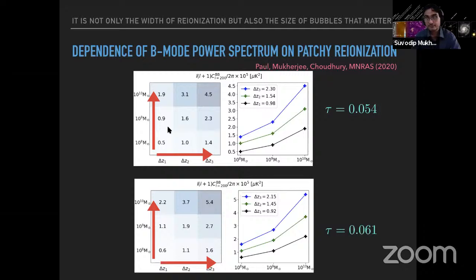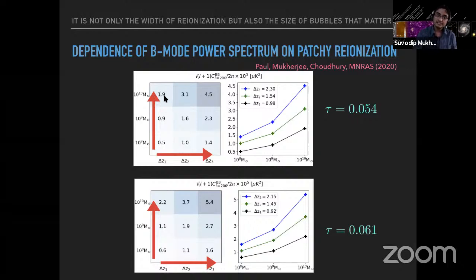Again, the trend is very similar to kSZ. As you increase the delta z parameter, the amount of power in the C_l^BB increases. And also, as the minimum halo mass increases, you again see a higher value of fluctuation in the B mode